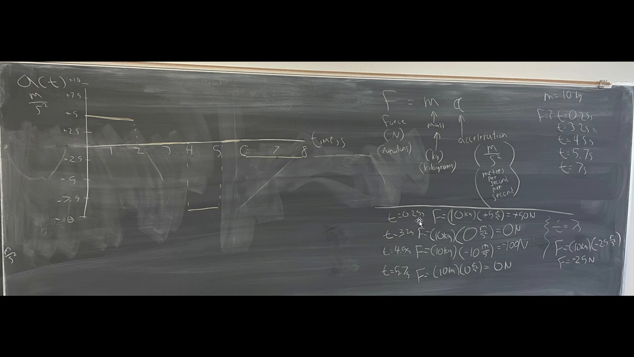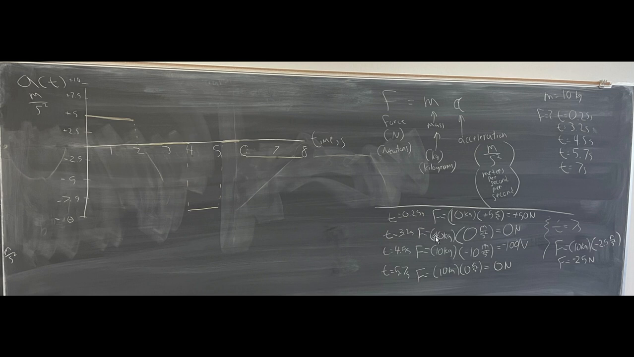Well, at 0.25 seconds, force is going to be the mass of 10 kilograms times its acceleration of +5 meters per second squared, because at 0.25 seconds, we have this value of acceleration. 10 times +5 would be +50 newtons. At 3.2 seconds, we are along this 0 region, so force equals 10 kilograms times 0 meters per second squared,